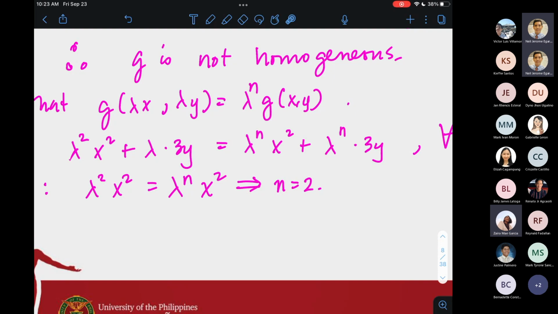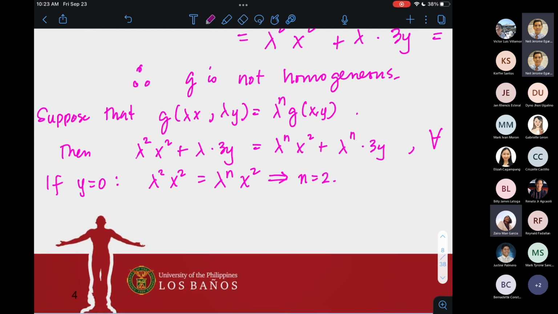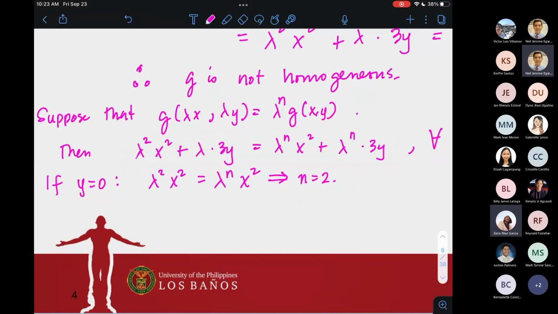Pero yun nga yung pinuprove ko na hindi siya homogeneous. Okay? So saan ako kukuha ng contradiction? So far, wala pang contradiction. Everything is fine. Okay? So therefore, gamitin ko tong information na to na si n ay equal dapat kay 2 dito sa equation ng homogeneity. So that means,